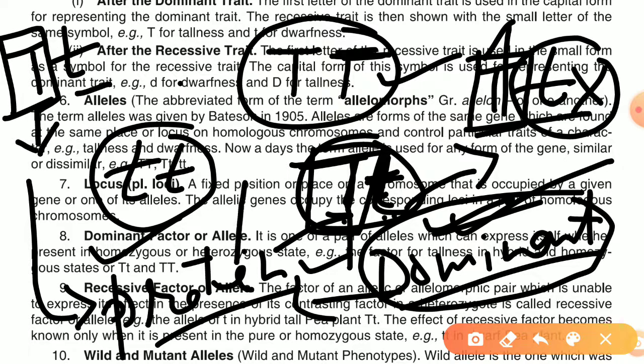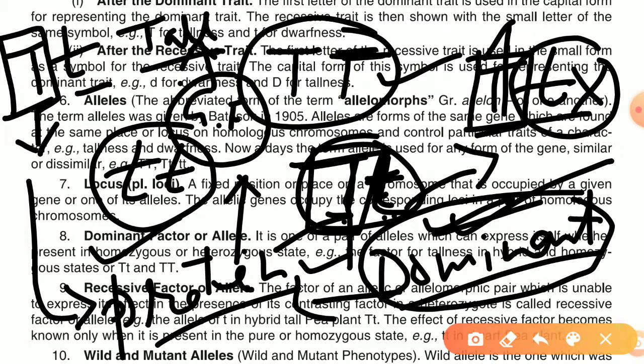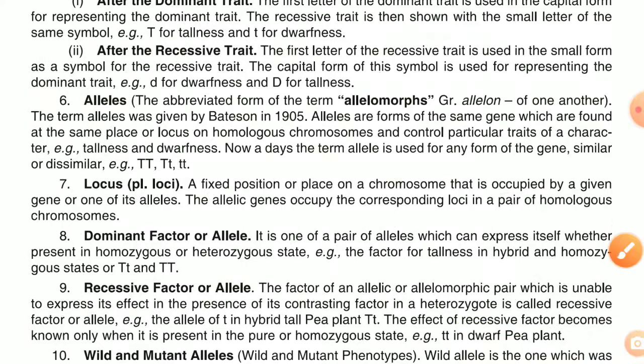एक्सप्रेस कैसे करेगा? बाय मेकिंग अ पर्टिकुलर टाइप ऑफ प्रोटीन. और वो जो प्रोटीन होती है दैट इज एक्चुअली अ ग्रोथ फैक्टर. और जब ज्यादा ग्रोथ फैक्टर बन रहा है तो उस ऑर्गेनिज्म की ज्यादा ग्रोथ होगी. दैट्स व्हाई द ऑर्गेनिज्म विल बी अ टॉल ऑर्गेनिज्म. बट अगर ये कंडीशन है तो सिर्फ कैपिटल टी अपने आप को एक्सप्रेस करेगा, ये स्मॉल टी को एक्सप्रेस करने नहीं देता. स्मॉल टी जब एक्सप्रेस करता है तो उसकी वजह से जो प्रोटीन बनती है इट प्रोड्यूसेस लेस ग्रोथ फैक्टर. बिकॉज ऑफ दैट ग्रोथ विल बी लेस एंड अ शॉर्ट हाइट ऑर्गेनिज्म विल बी प्रोड्यूस्ड. सो डोमिनेंट जीन क्या होता है? व्हाट इज अ डोमिनेंट जीन?